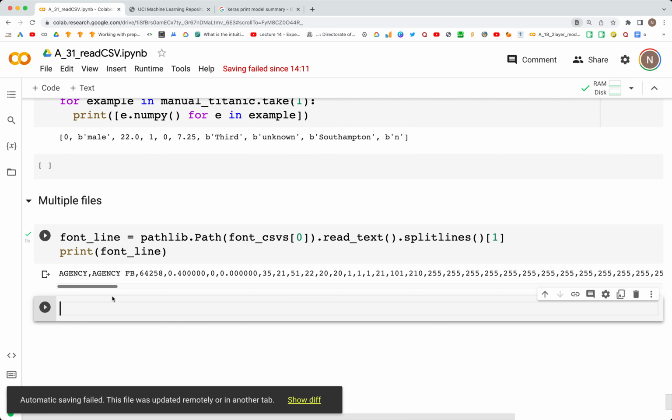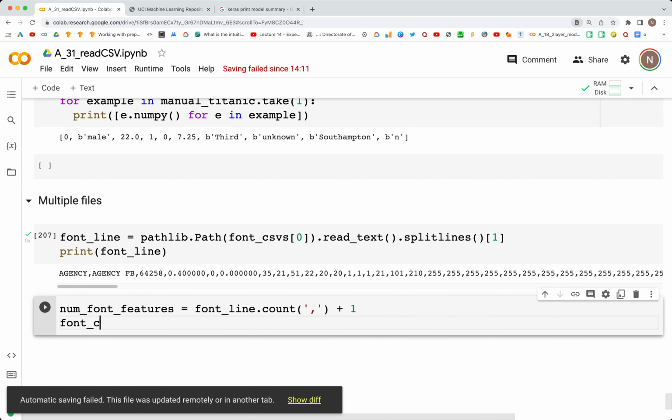So this is what we have. What we are printing is just one line. Here we can count the number of features by counting the number of commas in there. So let's do that. num_font_features is equal to font_line.count(",") + 1. font_column_types is equal to [str, str] + [float] multiplied by